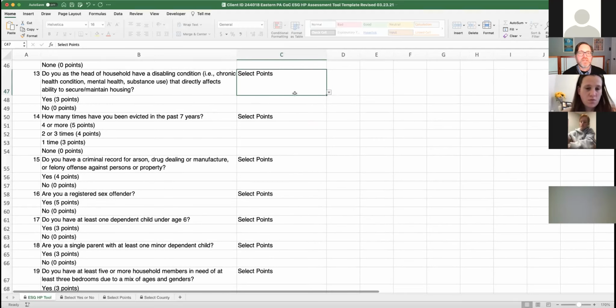Are you a single parent with at least 1 minor dependent child? Do you have 5 or more household members? Do you need a mix of bedrooms? Is there a veteran in their household? This one I want to stop at, because if the answer is yes, you still want to award them the